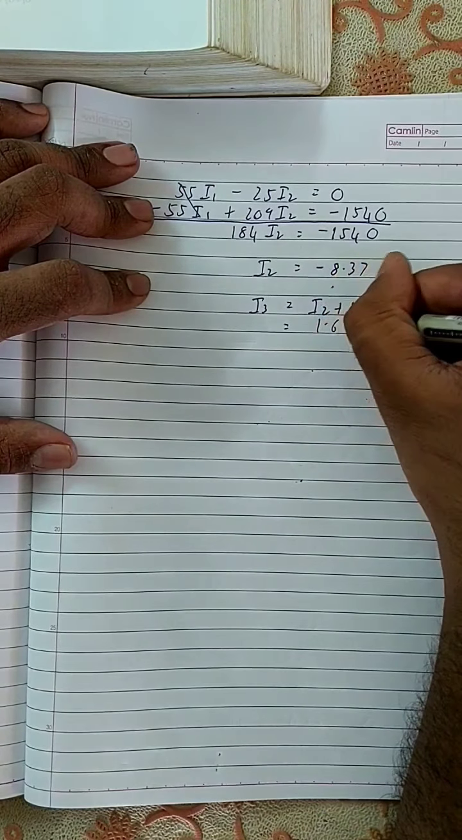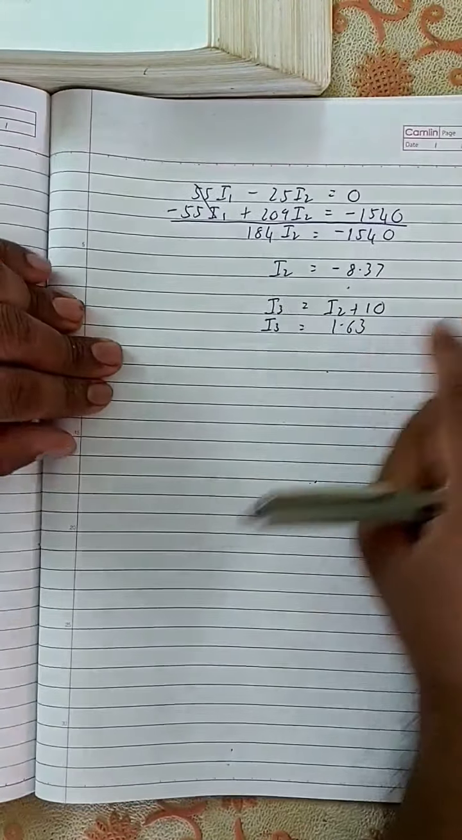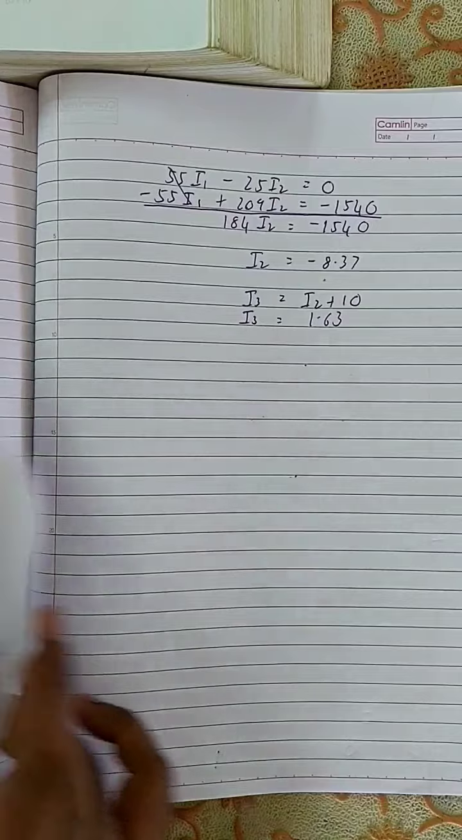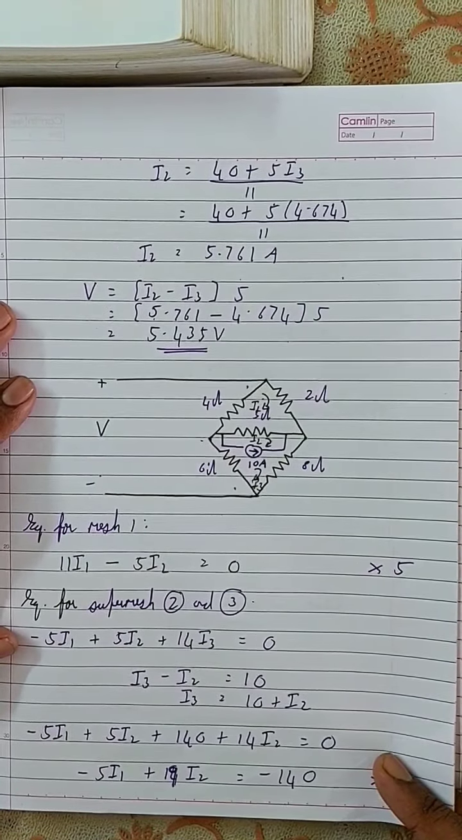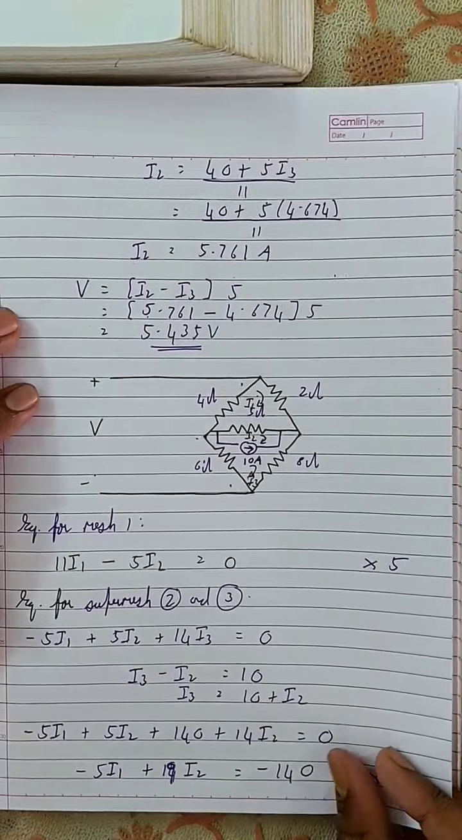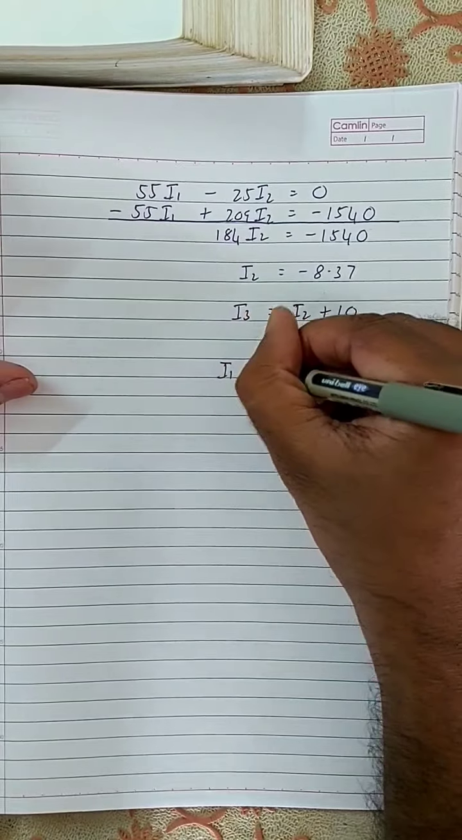So I3 is equal to 1.63. And if I3 is equal to 1.63, now what is the value of I1? Now only I1 is remaining, right? What is the value of I1? It is equal to 5I2 by 11, right? So therefore I1 is equal to